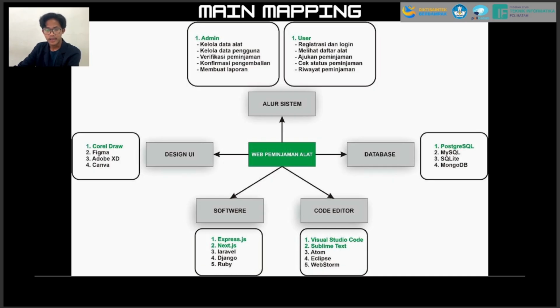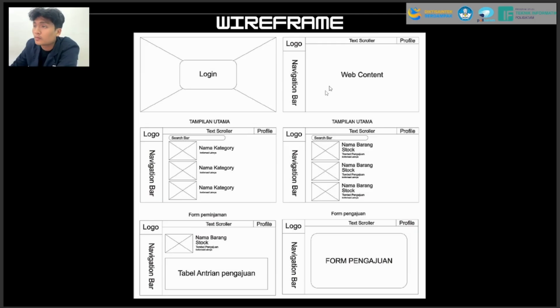Okay, next we can explain by John Reform. Now I will explain UI, UX, and database. For the UI, user interface, we have a simple wireframe because this website is used by mahasiswa and dosen, not for general.